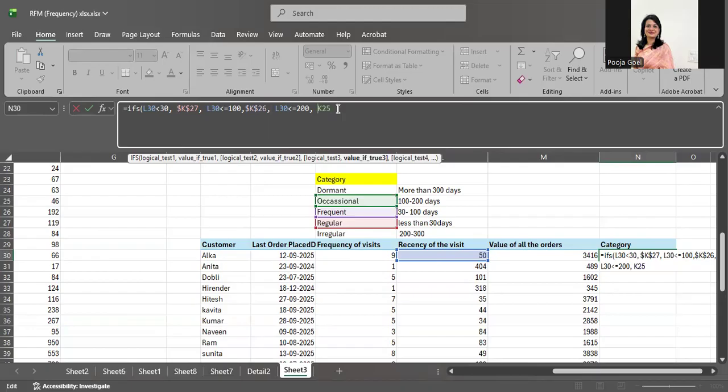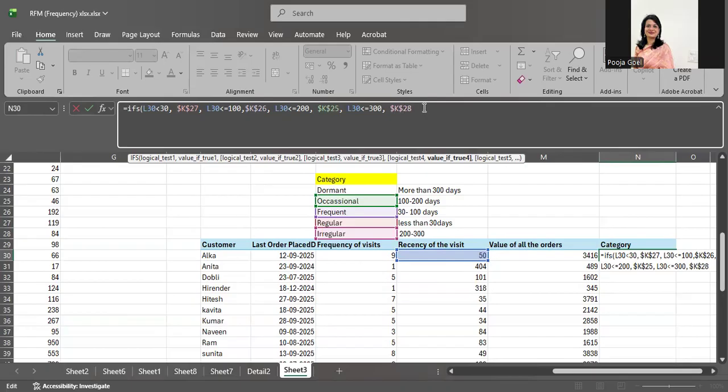And you will again fix the dollar sign. And then again, I'll put L30. You guessed it right, less than or equal to 300, because it's 200 to 300. Then it is irregular, and again I'll put the dollar sign in front of irregular.